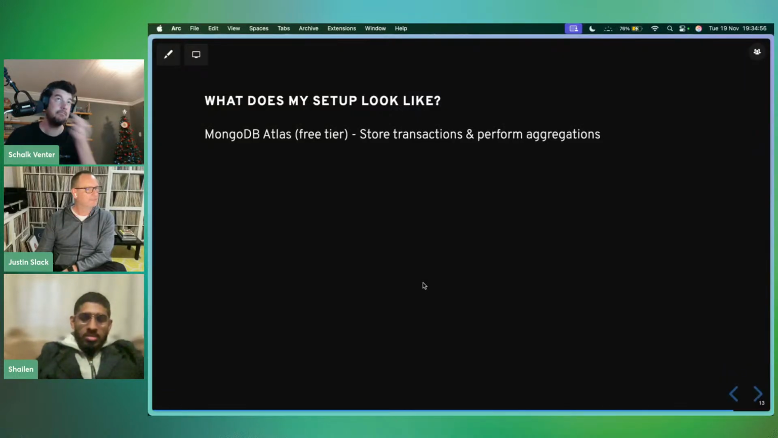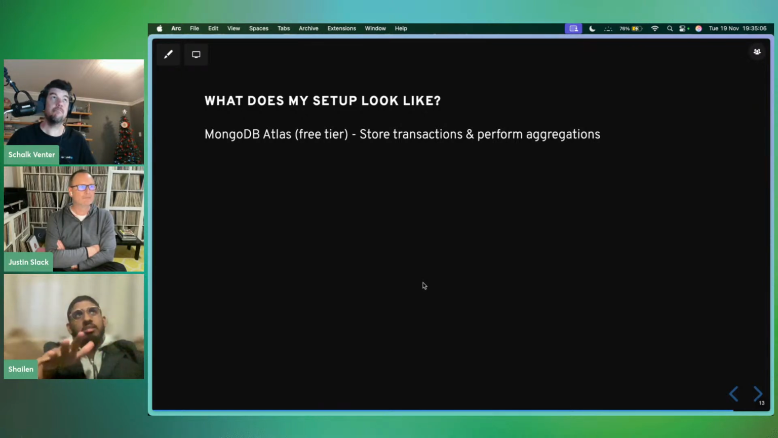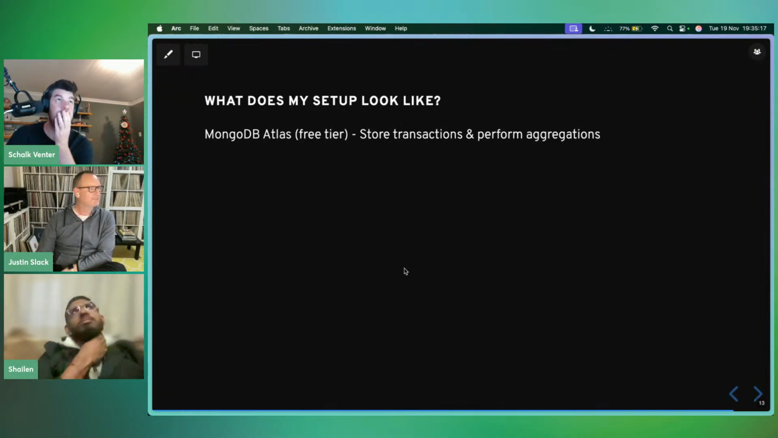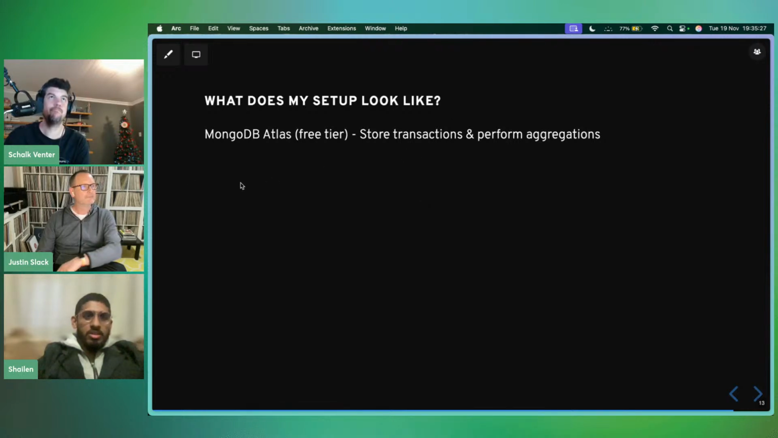So I'm actually using the MongoDB Atlas free tier. MongoDB Atlas is basically serverless MongoDB. I'm not going to get into the details of what MongoDB is, but it's a serverless platform. I don't know what you would call that, maybe platform as a service or database as a service. Yeah, so the free tier consists of